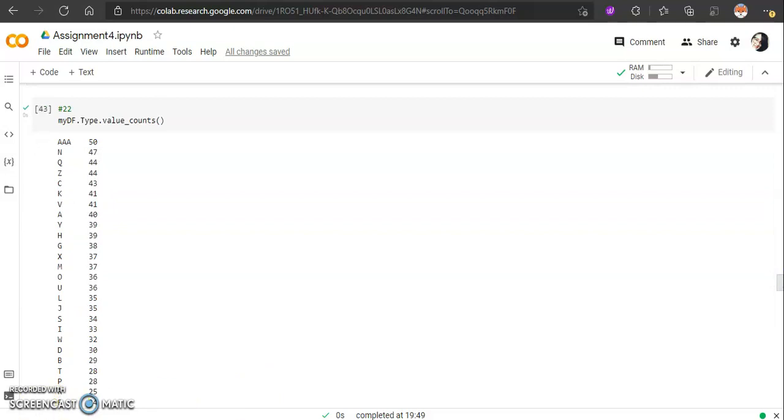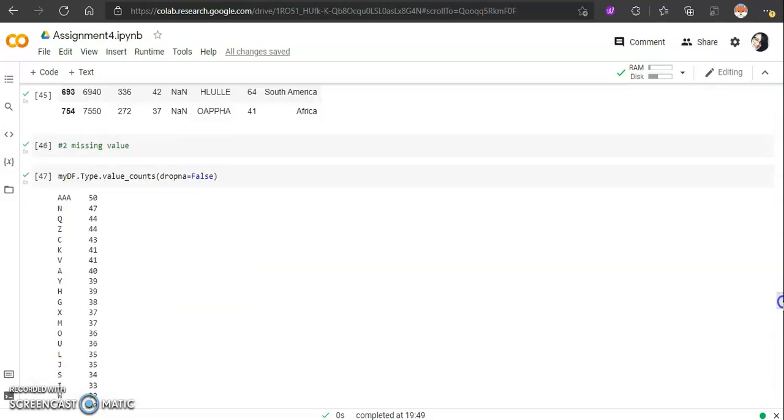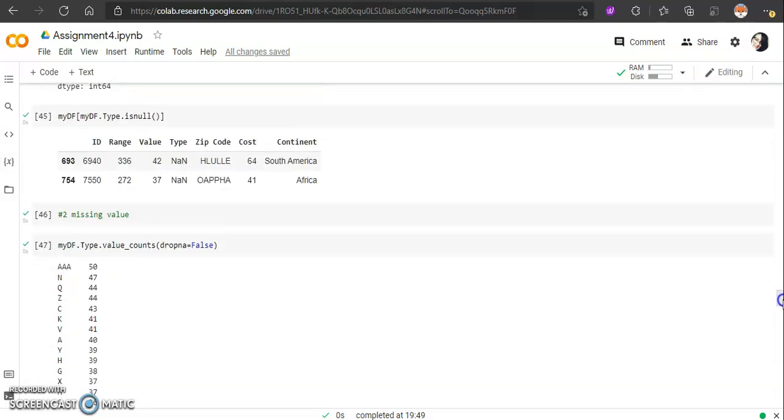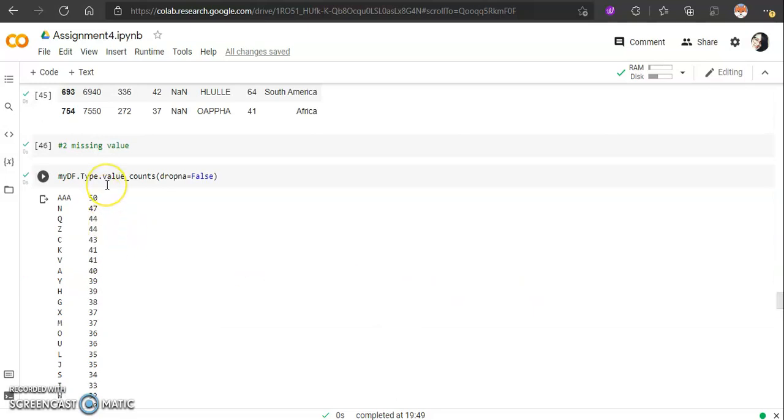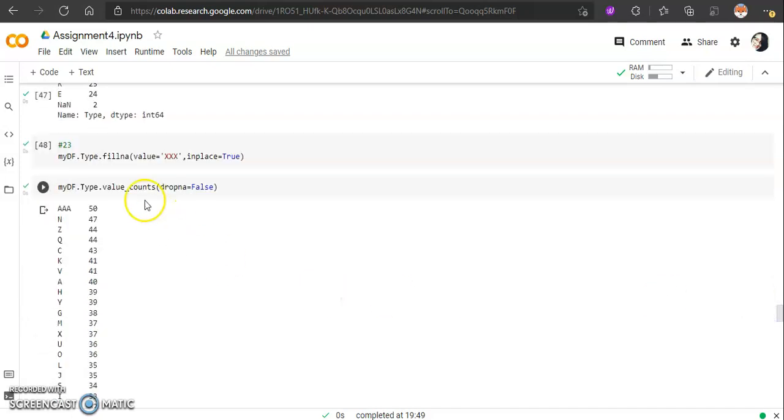And then we can see that with this command value_counts, and this one dropna equal to False, we can see that two rows have no value and are equal to None. Here you can see the results, and then for the type column,